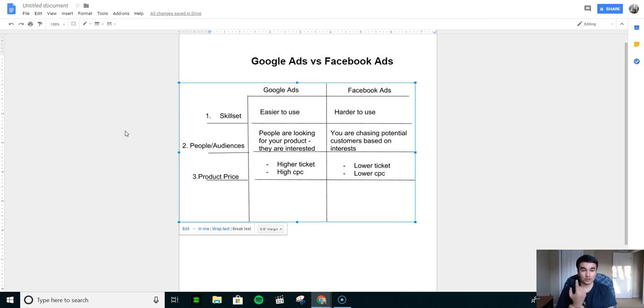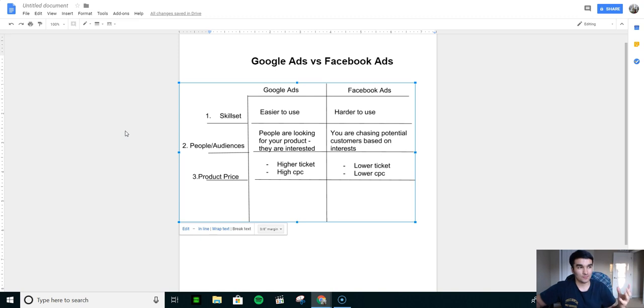You can either use search results or the shopping column. On the shopping column, you don't even need anything else except just the product itself. But on the search results, you just need a really good ad copy to get people's attention and a really good offer so people can click and go to your website, hopefully, and buy your product. That's why Google is much easier than Facebook. You don't need a video, you don't need an image.